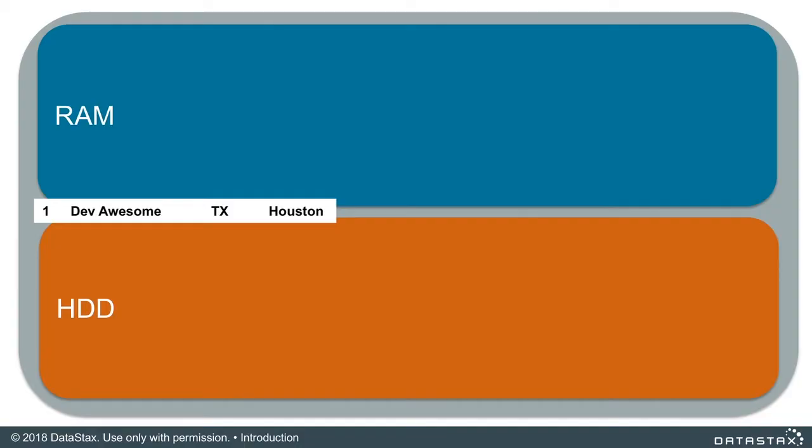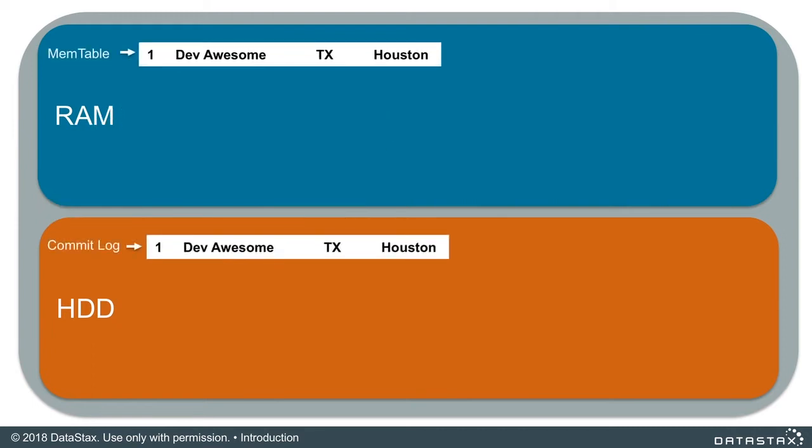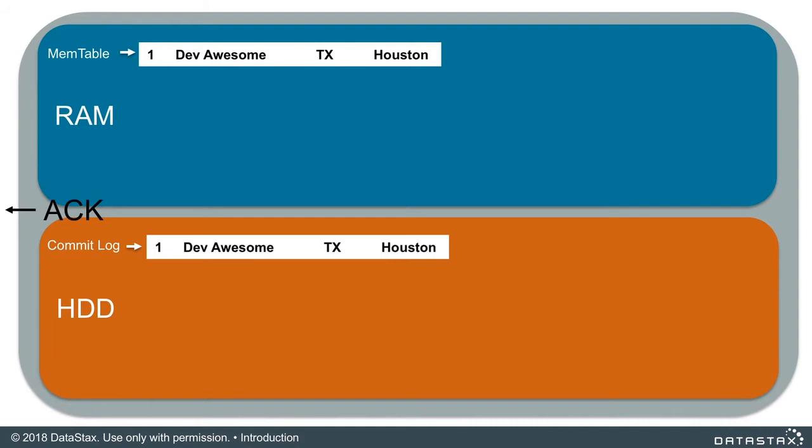When the record comes in, Apache Cassandra actually writes that value to both memory and the hard disk. The memory data structure we call the mem table. The hard disk data structure we call the commit log. The key difference between the mem table and the commit log is that the mem table is always ordered by partition key and then by clustering column, whereas the commit log is stored sequentially. Every record will just append to the end of the commit log. At that point, Cassandra acknowledges to the client that the write was successful, and we're done. It's really that simple. Apache Cassandra writes the record both to memory and to the hard disk, and then acknowledges back to the client that, hey, I got your data.